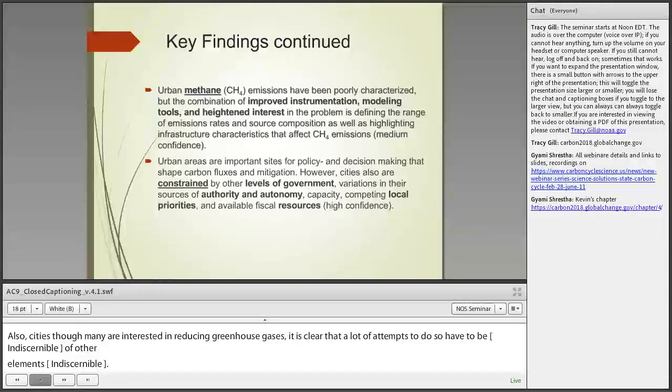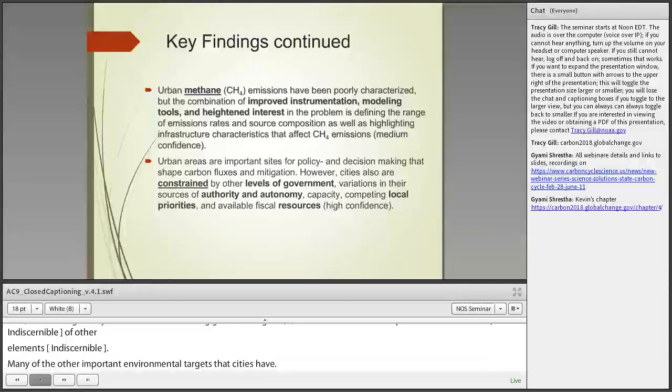Urban methane, distinct from CO2, has been poorly characterized in comparison to CO2, but there's been a tremendous effort in the last few years, both in cities and without, as many people know, to improve instrumentation, measurement, and modeling tools. There's a lot of interest in that problem, given that, unlike CO2, it's sometimes almost an unintended side product of activity,